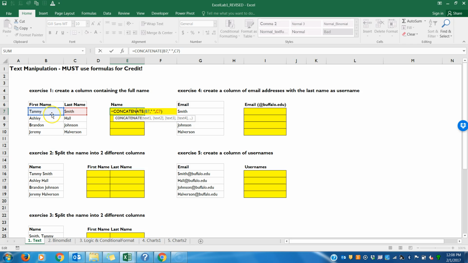Now, of course, within any formula, we can move these references around. I can change Tammy's name to Johnson, her first name. Hit enter, and now I have Johnson Smith. So anytime you have a reference, you can move it. But I just want to complete this column, so I'm just going to go to the bottom corner and drag,